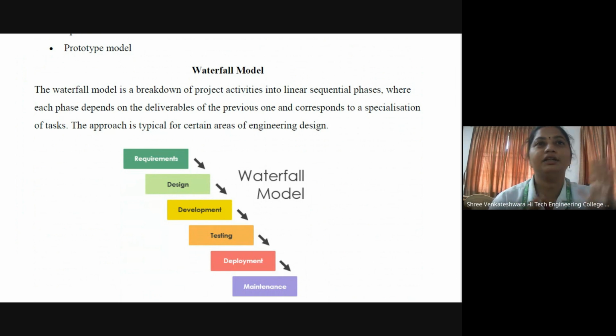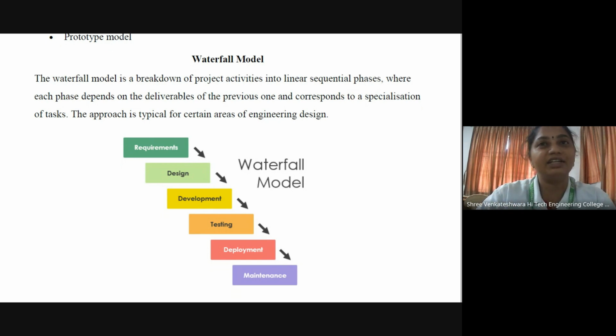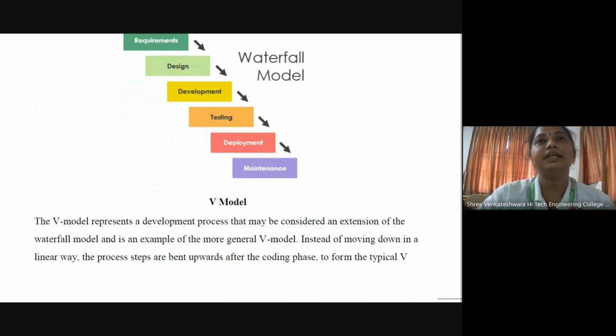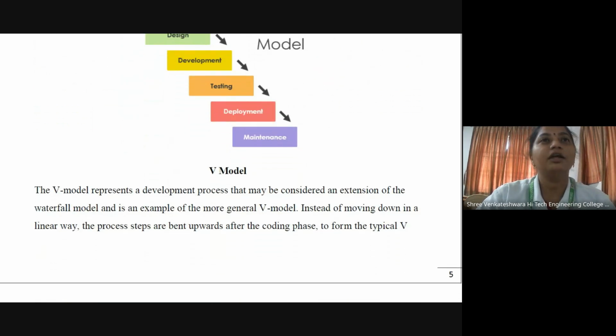Testing means checking whether the structure we designed and implemented is correct and working in the correct way or not. That is what is going to be tested. And deployment and maintenance: once we design for the customer's satisfaction, we deliver the project, and maintenance is done under the same project. Okay, and the V model is considered the same type,